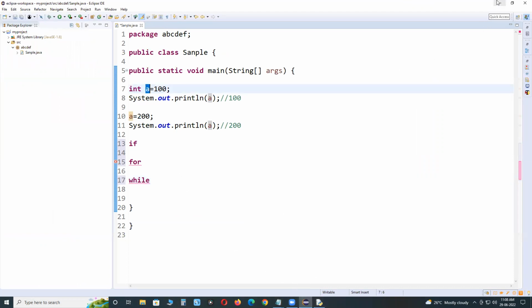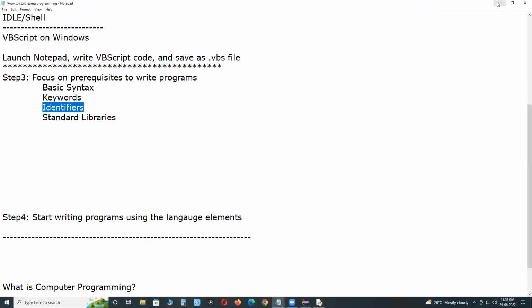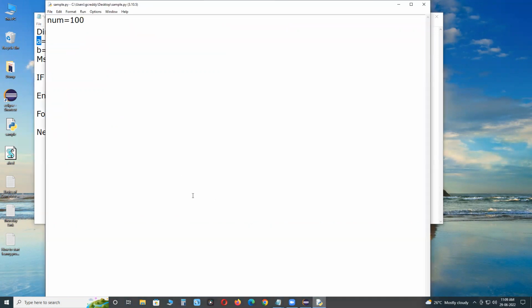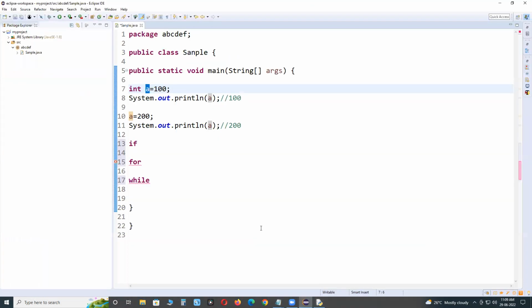Where is Visual Basic Scripting Edition? VBScript. Here B is an identifier. A is also an identifier. See once again. Identifiers in computer programming are symbolic names used for identification.